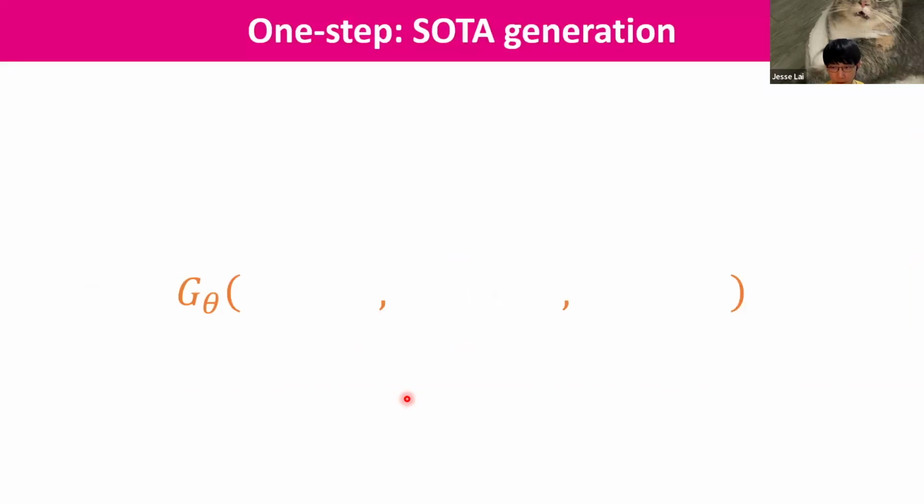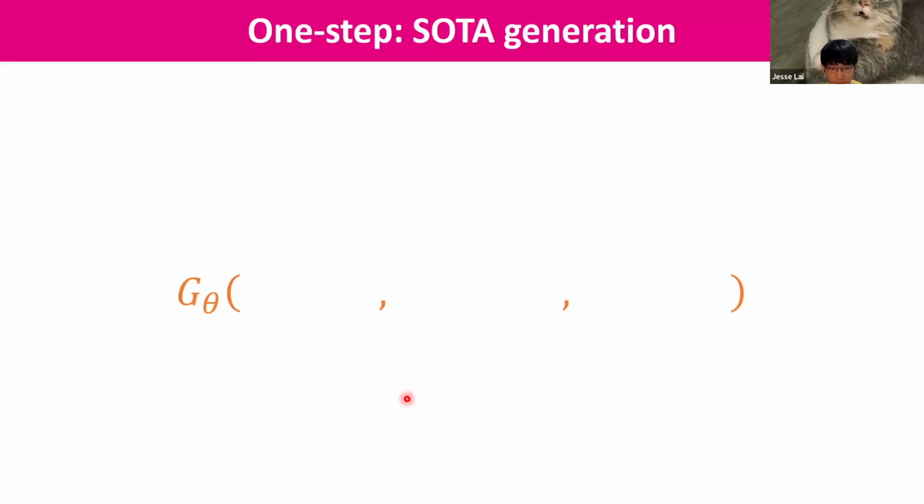Okay, so I explained how we do the CTM training and its mechanism that can make the student outperform the teacher. Now let me focus on how we do sampling. CTM can support 1-step sampling plus few-step sampling, which I'm going to explain later.